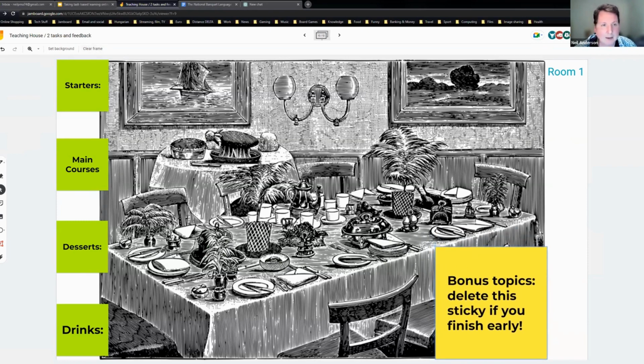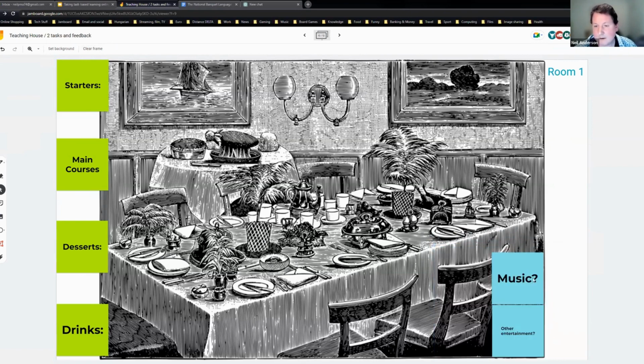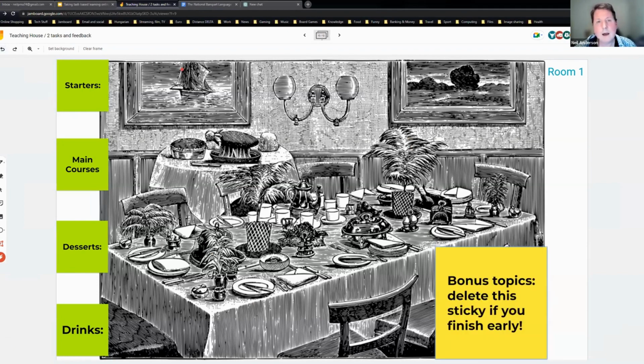So if they have laid out their feast, then they can just delete this, and then they have a couple of other things to do. Okay, what traditional music are you going to present at your banquet? What other traditional entertainment are you going to present at your banquet? And so on. I just went backwards and undid the deletion there, just using this here.